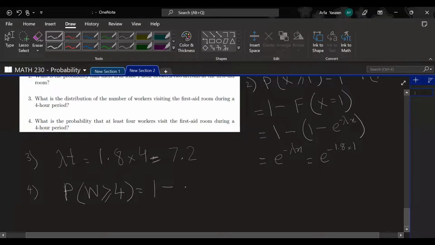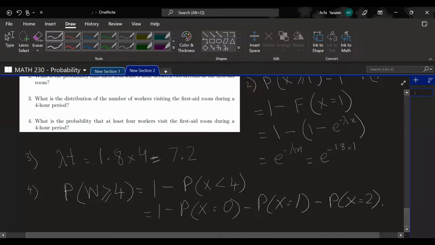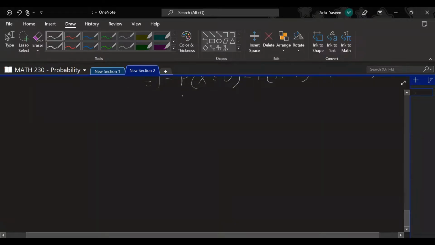And again, since I cannot possibly compute the probabilities at all integers greater than 4, I'll just use the complementary rule. We know the formula for Poisson distribution, which is